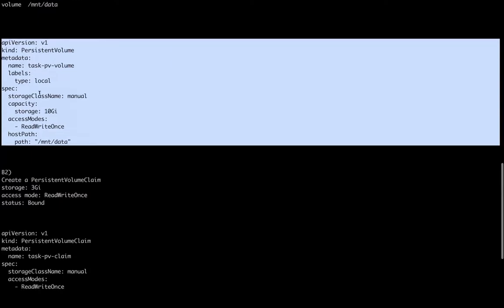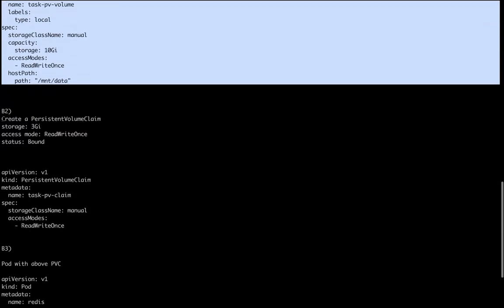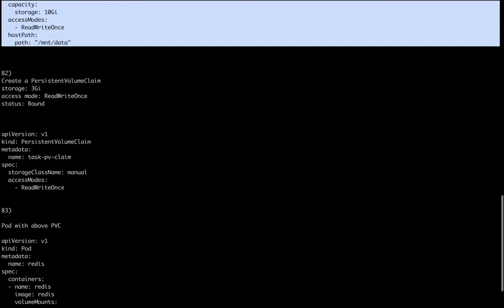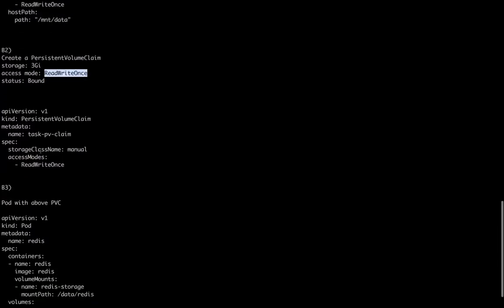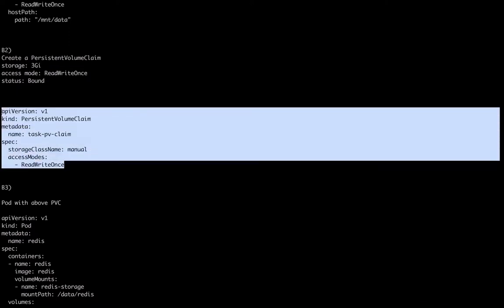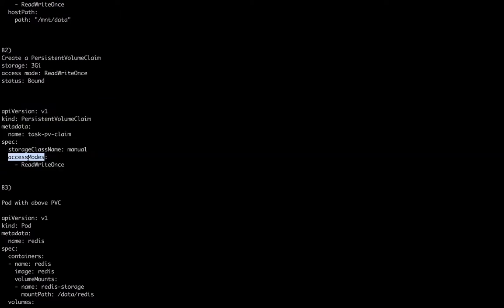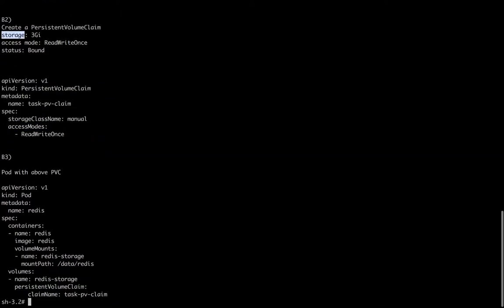I created that PV already in my system. Now I have to create a PVC that uses the above PV. In the case of the PVC, they give some storage and a read access mode. I think this is not fully completed; here you need to add resources, and you need to add the storage in it. I'll show you that. After that, we need to create a pod.